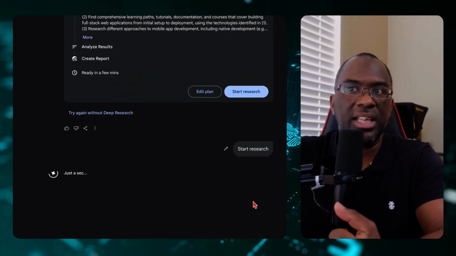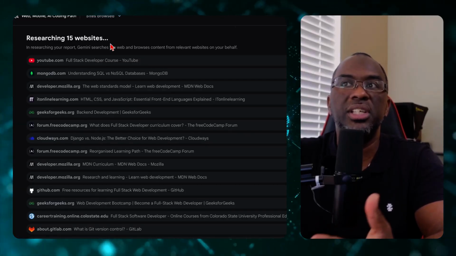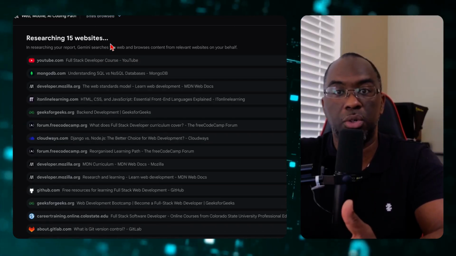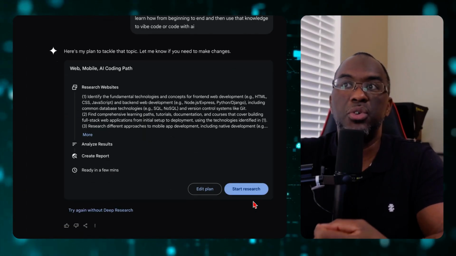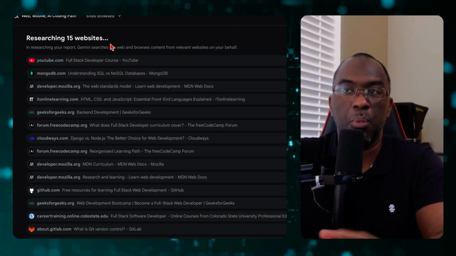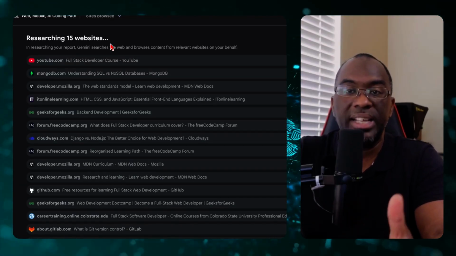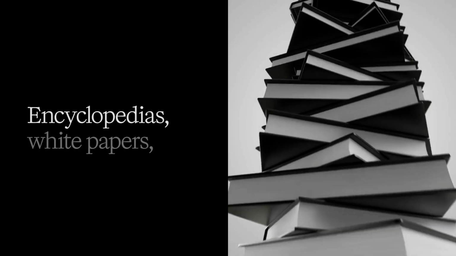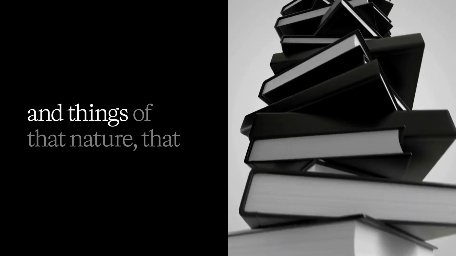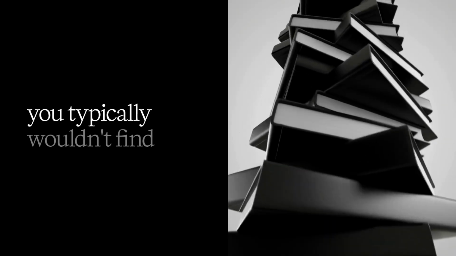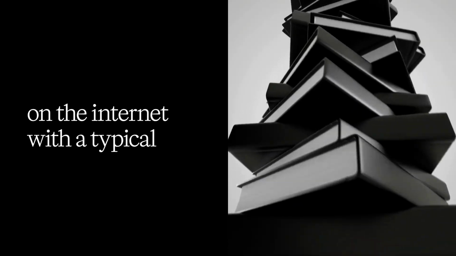Connectors are a huge issue for deep research because we all know, I think, that ChatGPT's deep research is not as good as Google's deep research for obvious reasons. That's Google. But the second thing is with deep research, you're really just looking at blog posts and articles that people have written. And so if you wanted to do a deep research with more comprehensive bodies of work, books, encyclopedias, white papers, and things of that nature that you typically wouldn't find on the internet with a typical search,